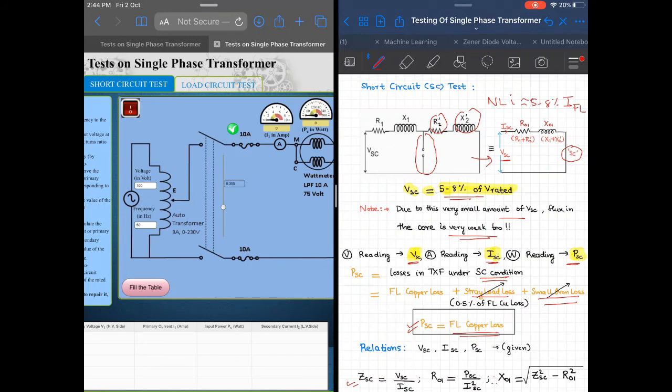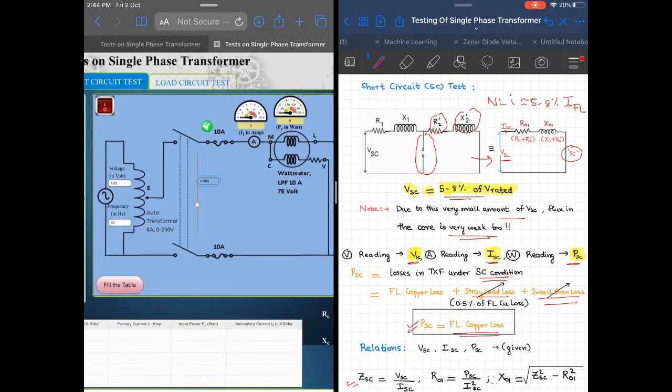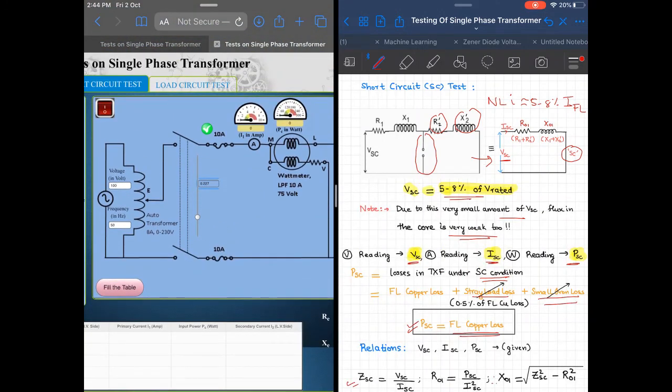Let us keep the marker at 0.227. At this value, we get the rated current of 9.63 ampere, which is less than the